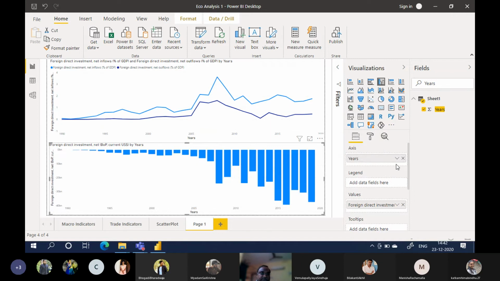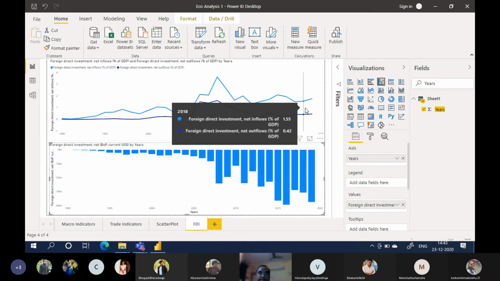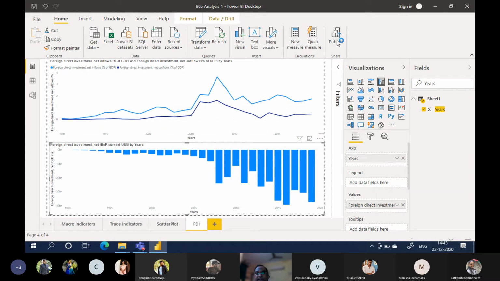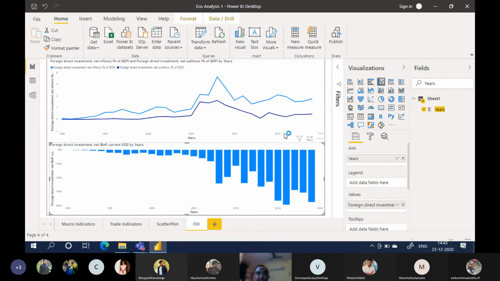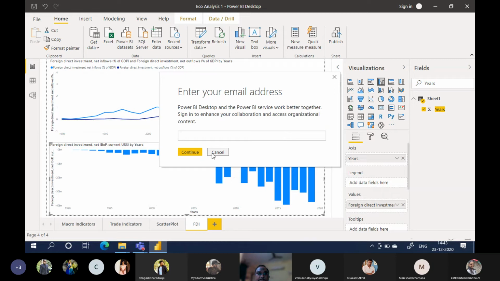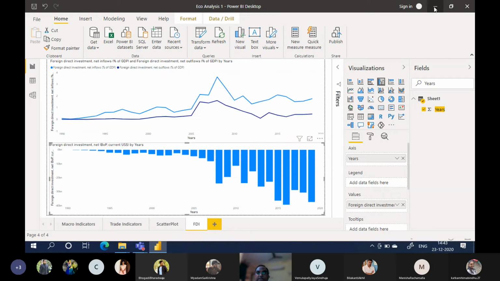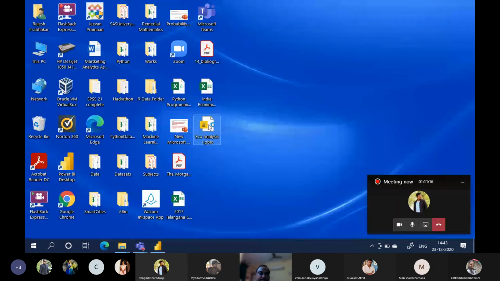So our balance of payments is negative. This is your FDI related one. Okay, now you are getting it right. Then we can publish it again, publish, save. So where did it save? I think here only it saved.